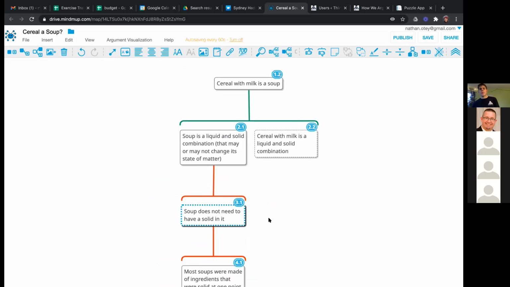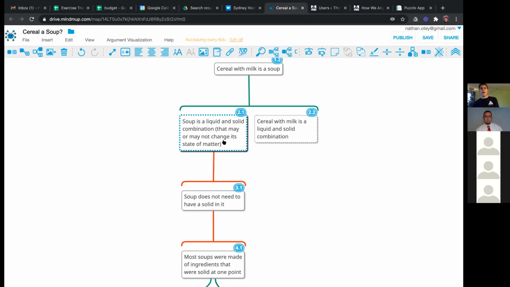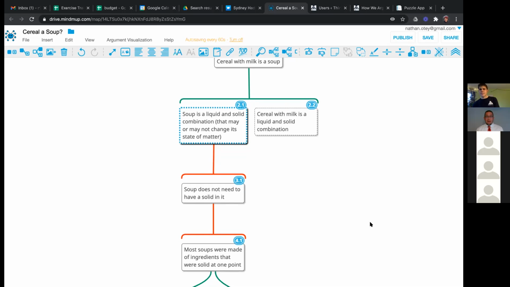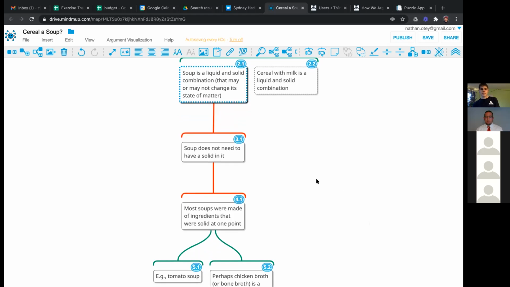Joe, do you want to prop up your objection here, or do you want to concede that a soup can simply be anything made of ingredients that was at least one point solid? I'm willing to concede. I think the way that we have refined that original definition of soup as a liquid and solid combination, through the thoughtful discourse of the group, I'm happy with how we've reframed that definition.